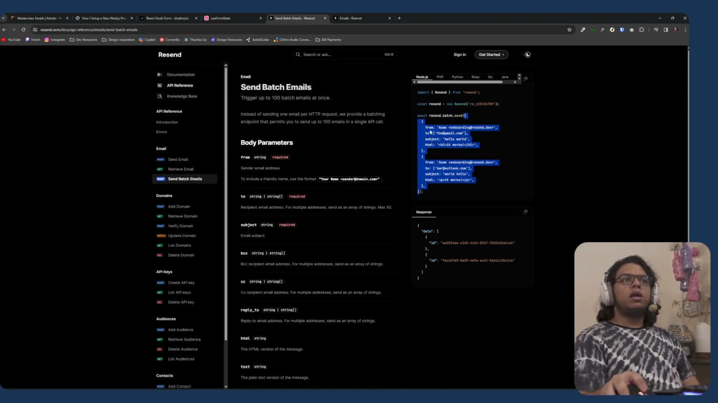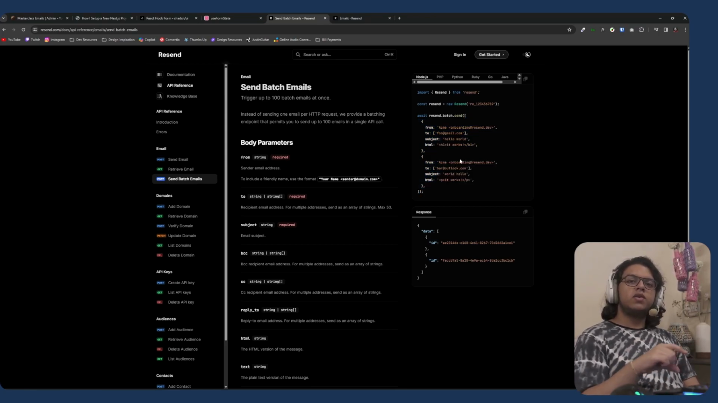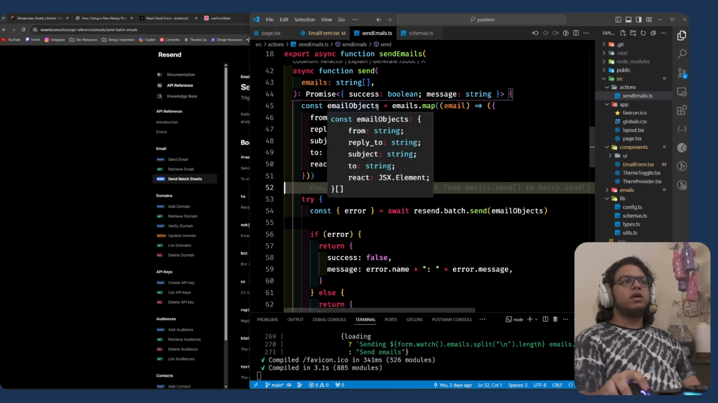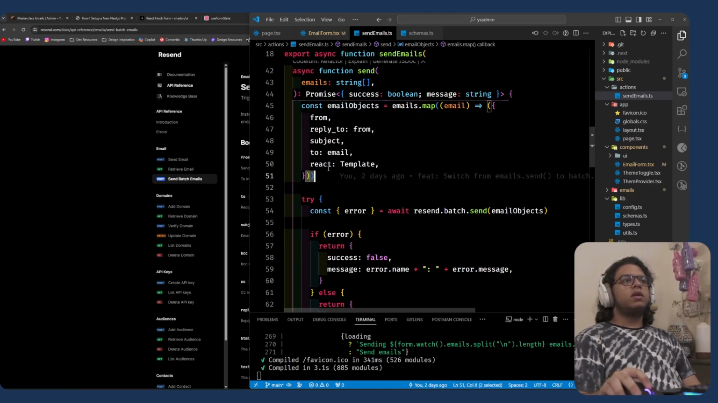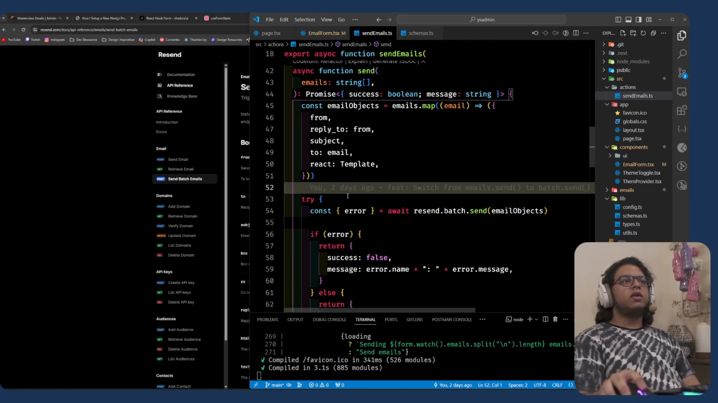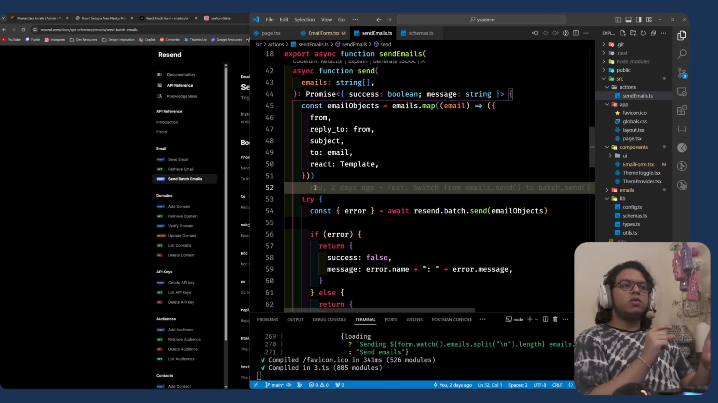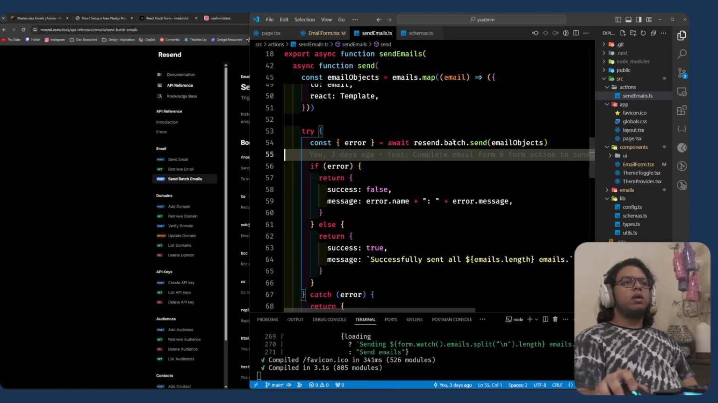The batch.send takes an array of objects and sends those emails individually as well as creates individual entries for them inside the dashboard. So back in the code, I'm creating the emails objects array, which is an array of objects with the settings for each email that we want to send. So we're mapping through the emails and putting the email into the to fields so that we have an array of a whole bunch of objects with each to field corresponding to the email that we put in the front end form. Then we use the resend.batch.send function, but since this is